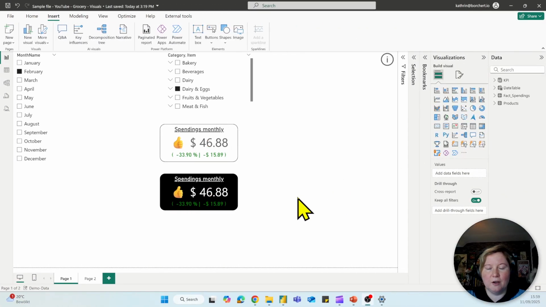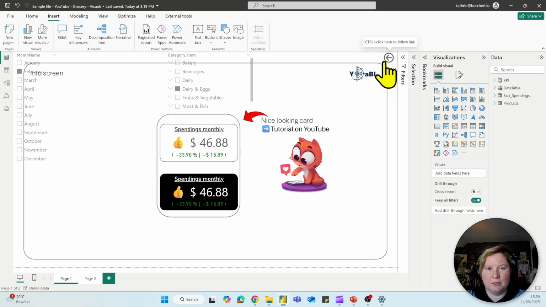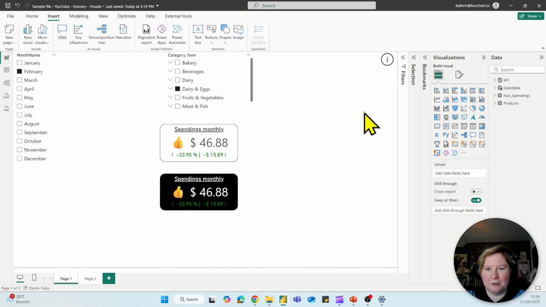So you see here now my page, and I will show you what's the goal of this tutorial. Now if I click on this button, I open an info screen where I find some further information to these visuals, for example. So you can put all the information you need to tell your end users what's, for example, the calculation in a card or who's responsible for the report and so on. And then, if I'm ready with reading, I can close my screen. Okay, how can I do that?